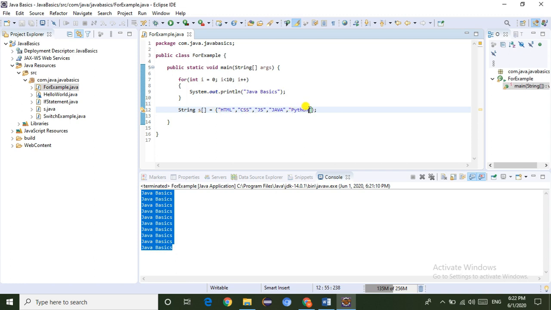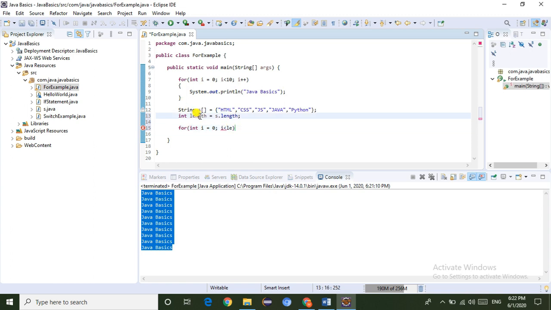Now I want to print all these strings. If you want to print all these strings, first we have to find the length of the string array. Here I am finding the length. Now I am going to write the for loop: for int i equal to 0, i less than length.